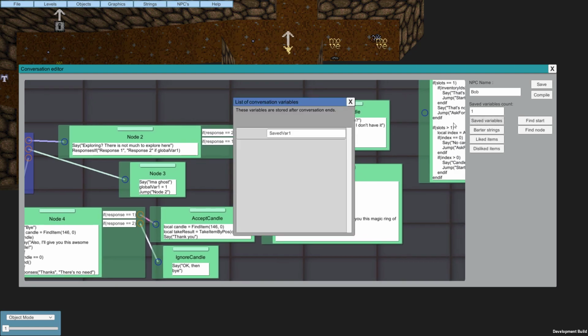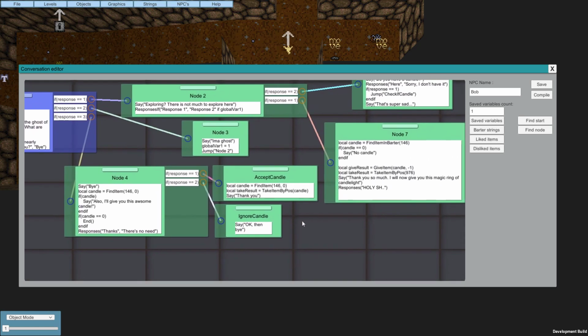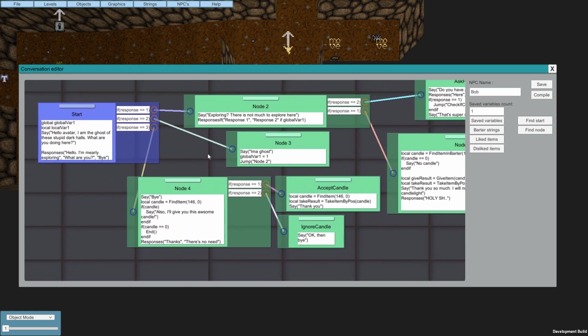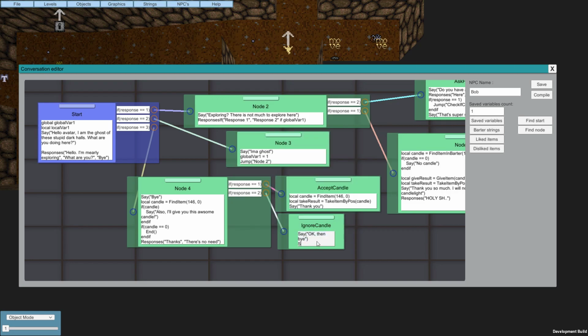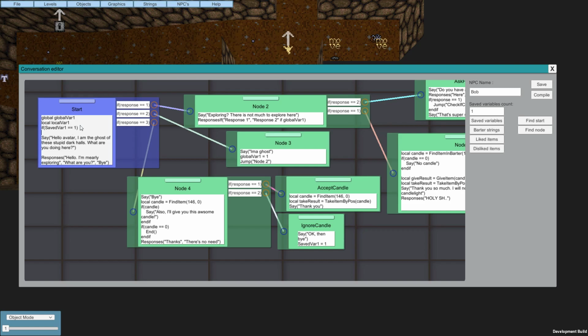Okay, just one last thing, right? This is the last thing, I swear. So let's add, at some point in the conversation, some additional thing. If you want to use saved variables, of course you need to type them properly. Saved variable 1 is 1, right? So at the start conversation, if saved var1 equals 1, say,